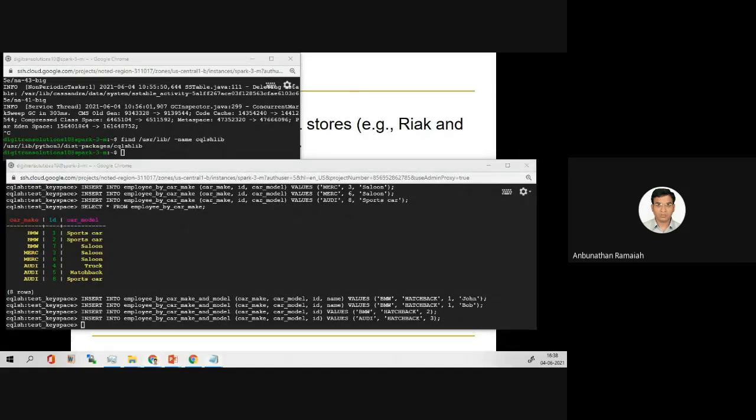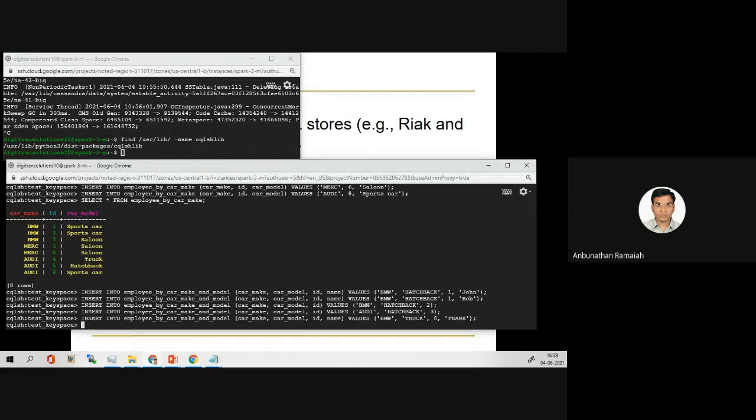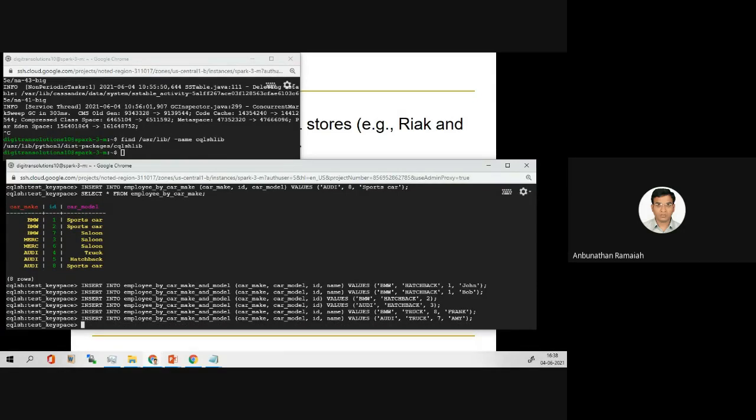That is the speciality of column oriented. It will insert a null value. We'll see that. So now I have inserted 5 more records.